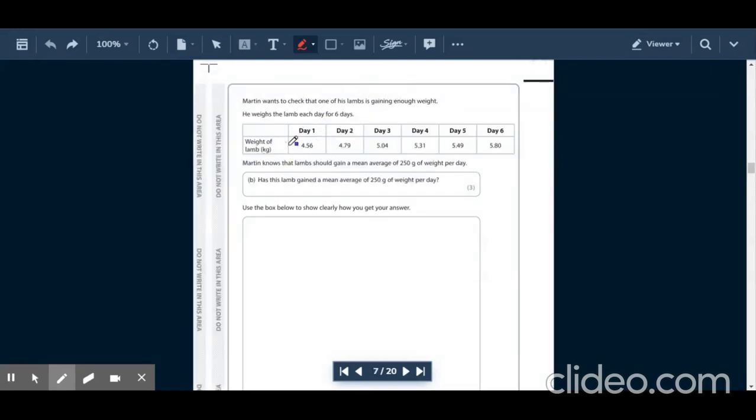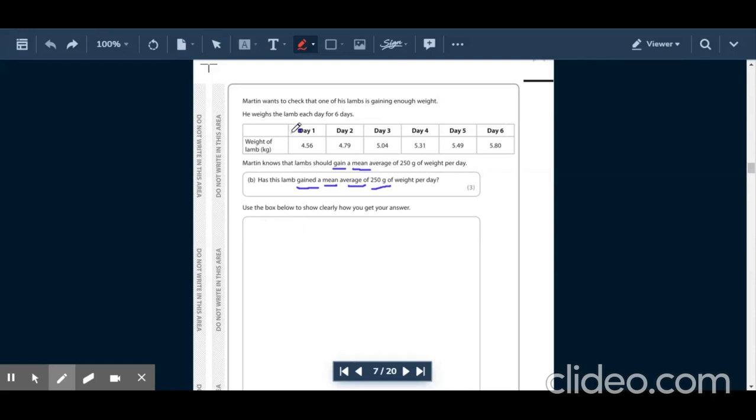Next question. He's got some lambs that he's weighing, and he wants to find out about the mean average, but that is for the gain for each day. So how much the weight increases by each day. So has this lamb gained or increased by a mean average of 250 grams of weight per day? So we're not just looking at these values and then finding the mean average of those. First thing we have to do is find the difference between each day and then find a mean average from